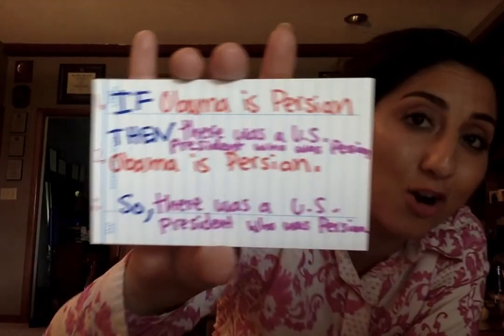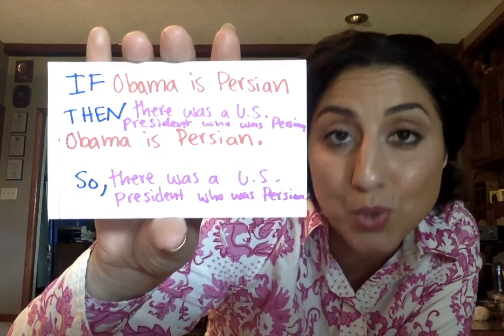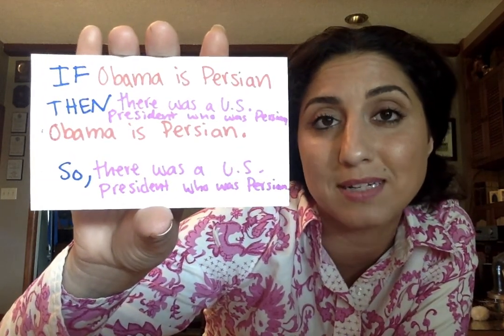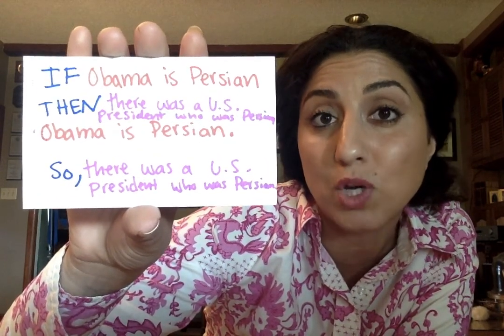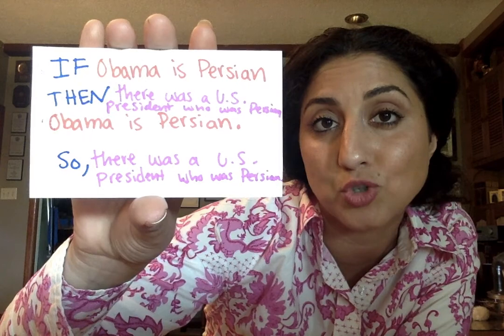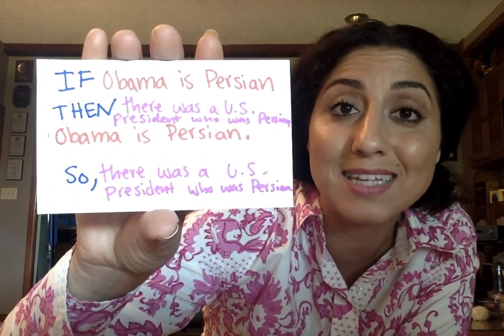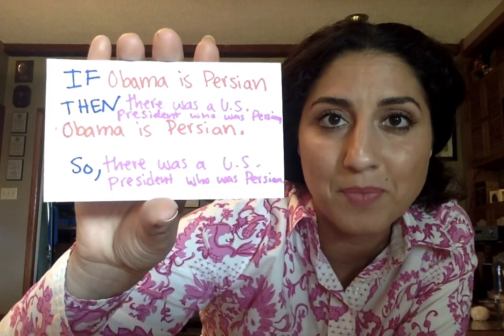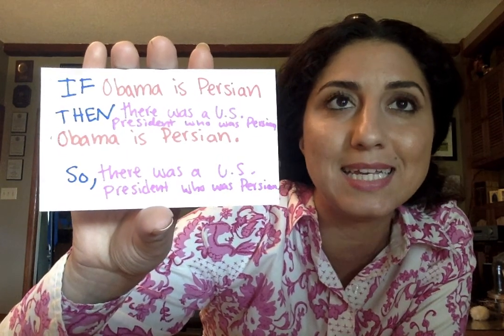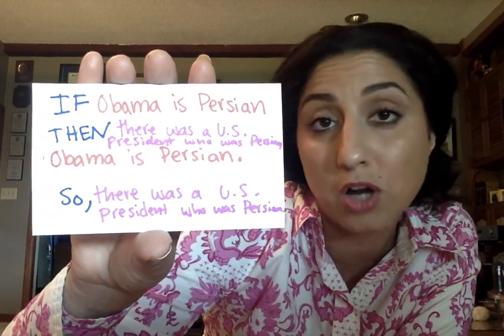And when you do, if you do correctly, you will get this argument. The conclusion of this argument is that it is true that there was a Persian president in the United States. This is a valid argument because the conclusion would be true if the premises were true. It's not sound, but we don't care about soundness right now. A valid argument form is the cookie cutter that you can plug any content or material into, and it will give you a cookie-shaped thing.